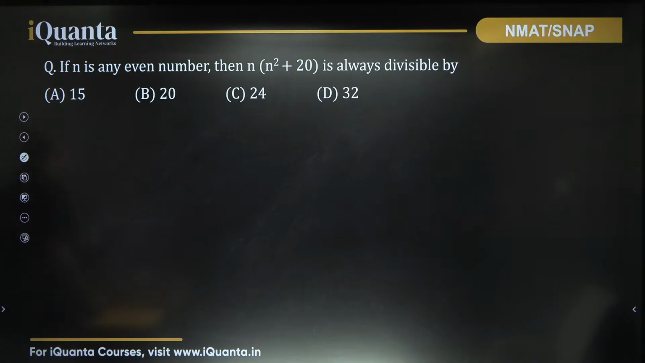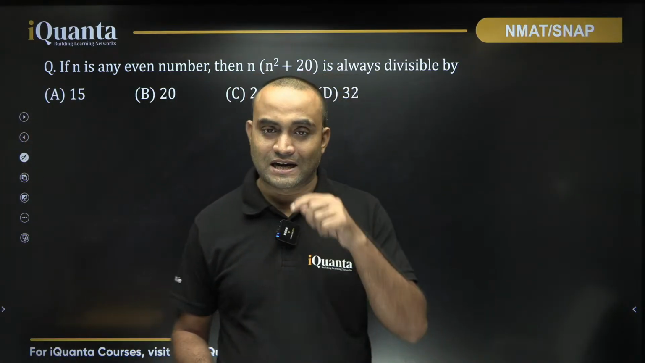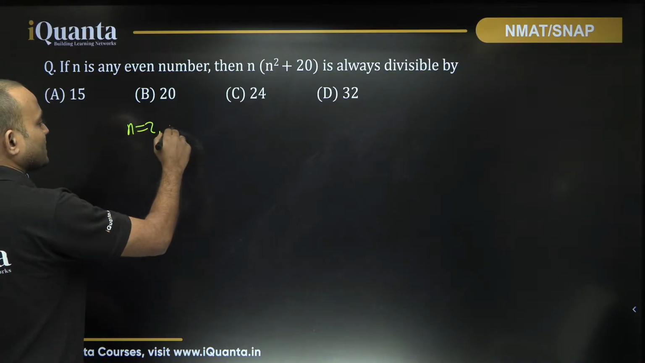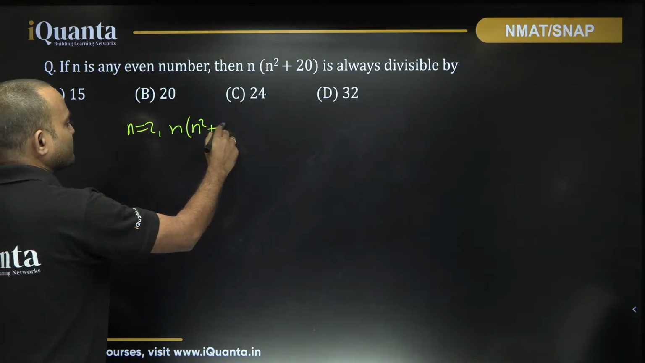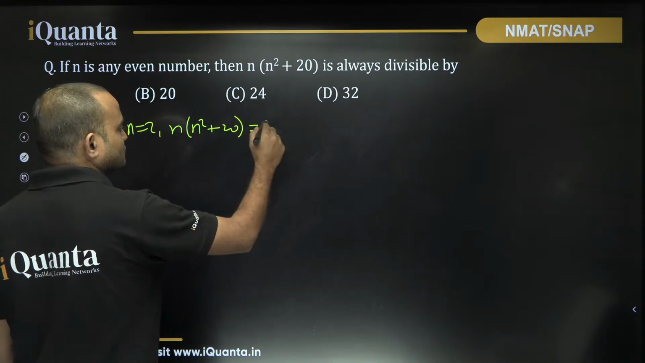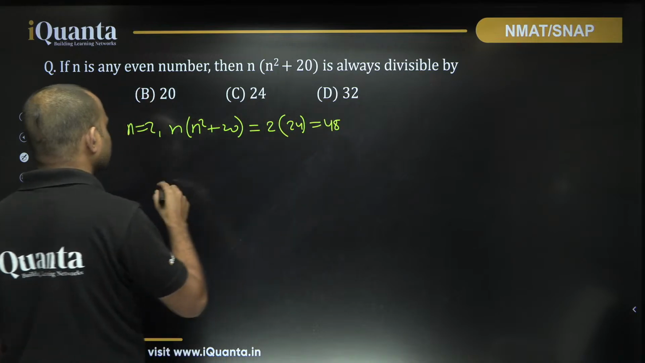क्या आ रहा है आंसर? ऑप्शन सी। देखो एक तो तरीका है कि n की कुछ वैल्यूज ले लें और चेक कर लें कि इफ वी टेक n इज इक्वल टू 2 देन n इंटू n स्क्वायर प्लस 20 विल बी इक्वल टू 2 इंटू 24 विच इज इक्वल टू 48।